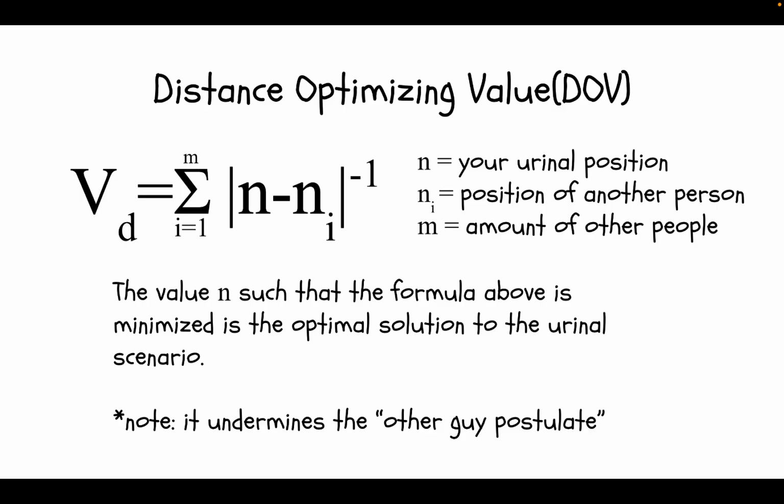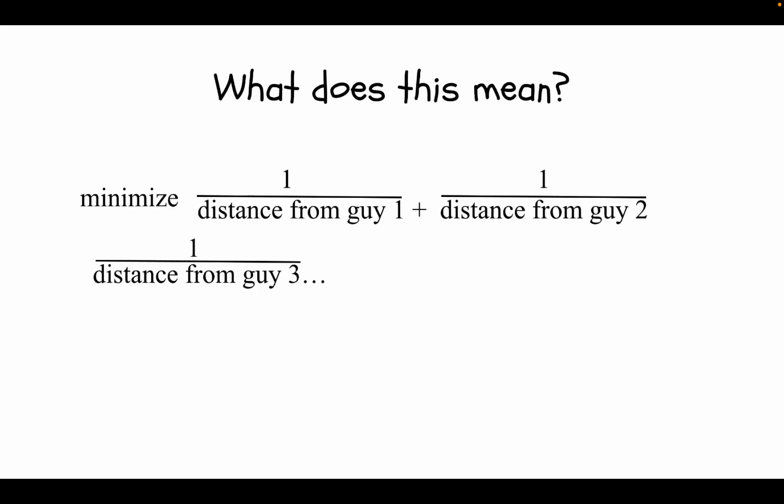All right. From my 7 years of studying this exact topic, I've formulated a solution such that you're minimizing the distance to the other guys. So if you're not inclined in the mathematics, this is what it means. Let's take a look at 1 over the distance from guy 1 plus 1 over the distance from guy 2, and then just sum all of those reciprocals up. That's what it means. Very basic, very simple. You could plug it into a calculator if you want. That's what I did.